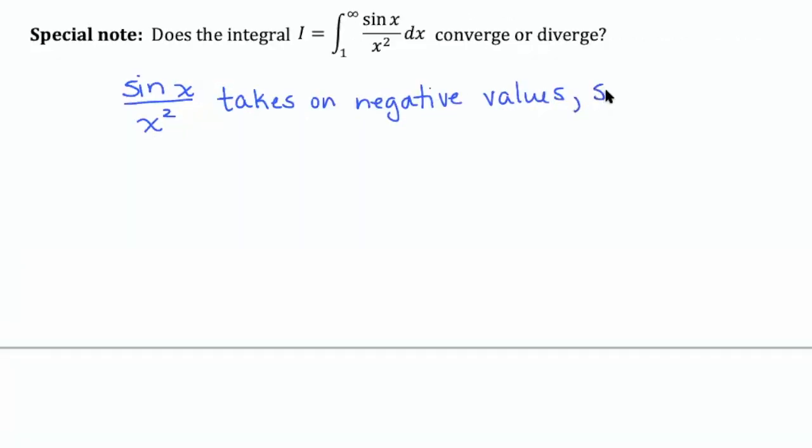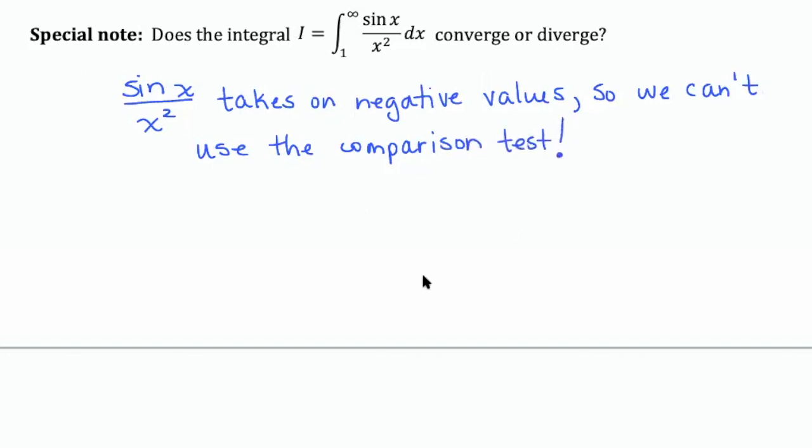And because of that, we can't use the comparison test. So always keep that in the back of your mind that you really do need to look at your function first and decide if it's appropriate to use comparison test in the first place. The other integral is a proper integral, and